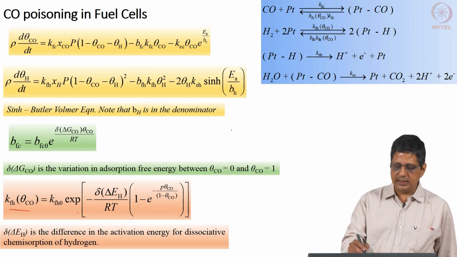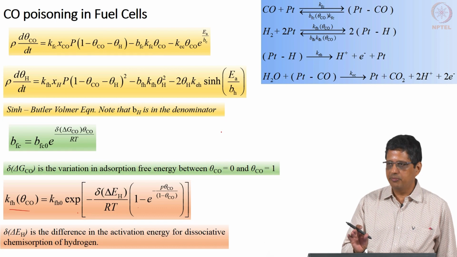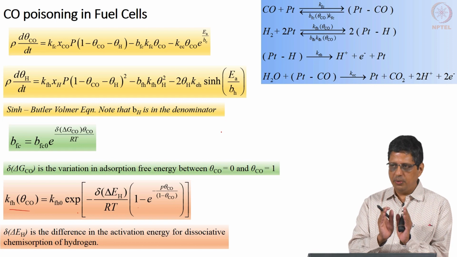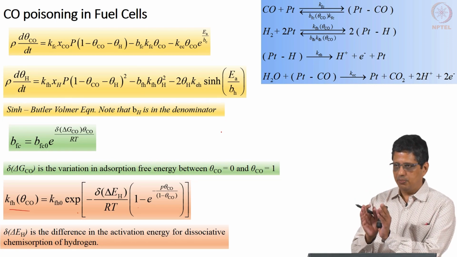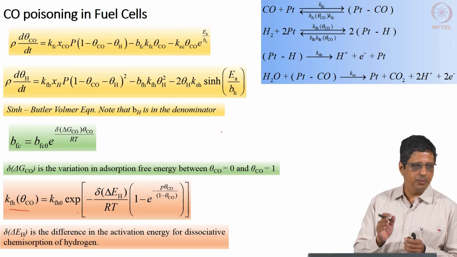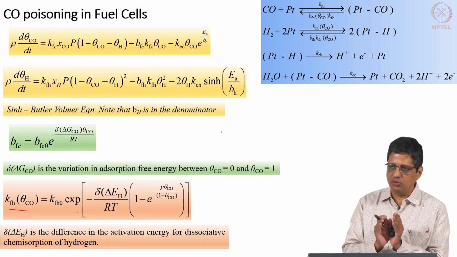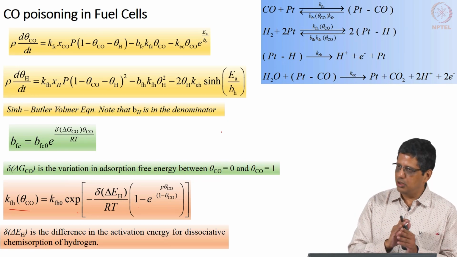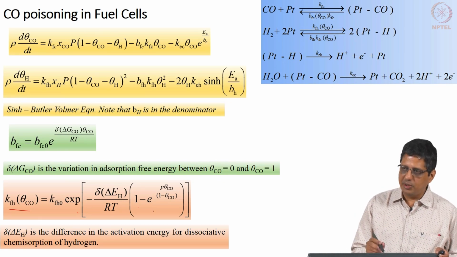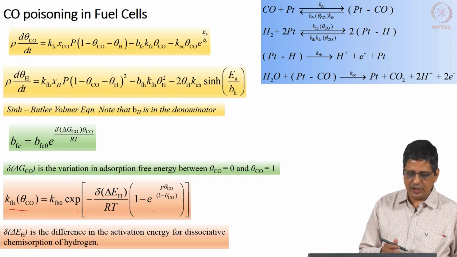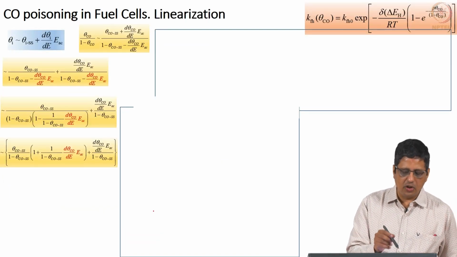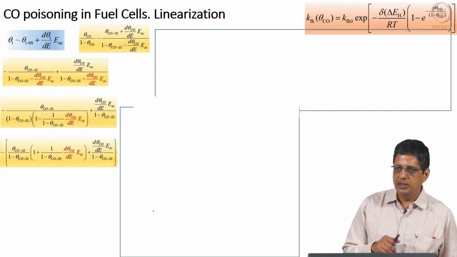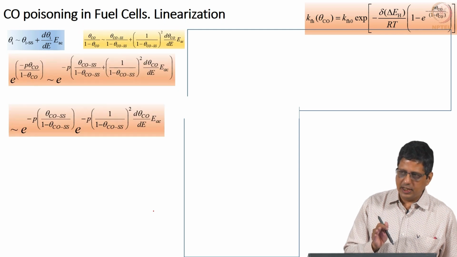So, first you take theta as theta SS plus d theta by dE times EAC, then keep all the components that are DC in one group, anything with EAC in another group. If it is an exponential, keep it as a small number, you can write e to the x as 1 plus x, and rearrange. It is again exponential, no problem, rearrange. Theta by 1 minus theta, you can expand and rearrange. Right now I am not going to go through it, but I want to just show you it is possible to do it, and you can see the description in the file.